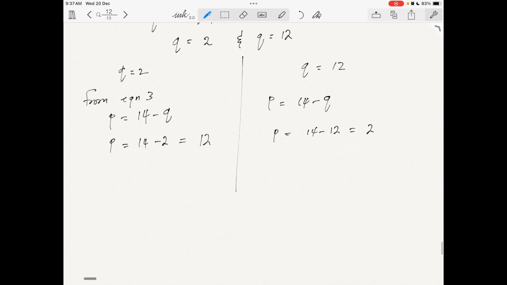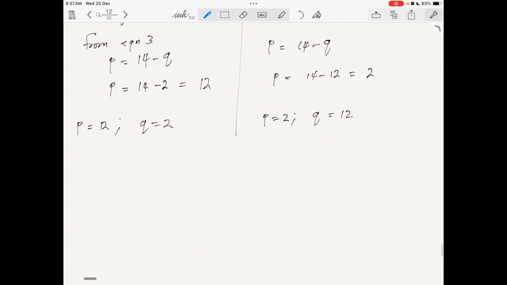So in that scenario, we can write it: when P is 12, Q is 2, and when P is 2, Q is 12. Right? So the next thing to do now is to write out our square roots format. Okay, the format for square roots that we have before,